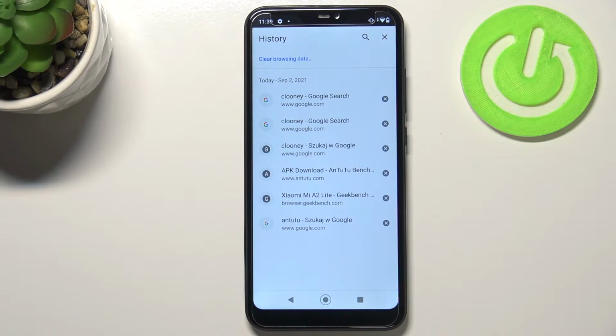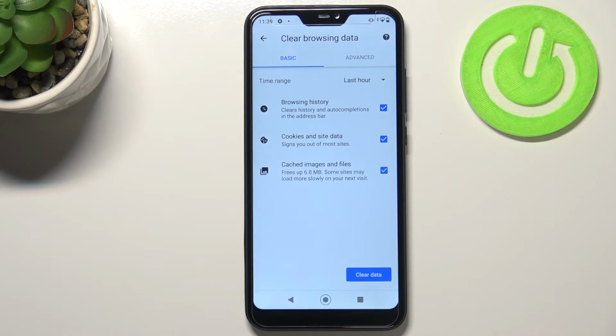And as you can see here, we've got the list of previously visited websites. Of course, if you want to, you can remove all of them manually just by tapping on this X button right next to it. But if you've got a very wide list of previously visited websites, you can remove them automatically just by tapping